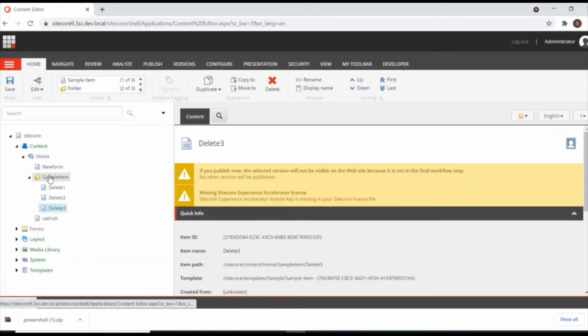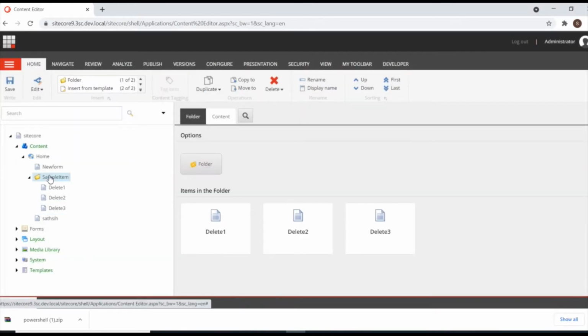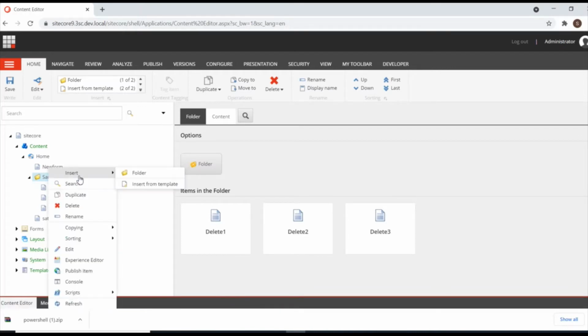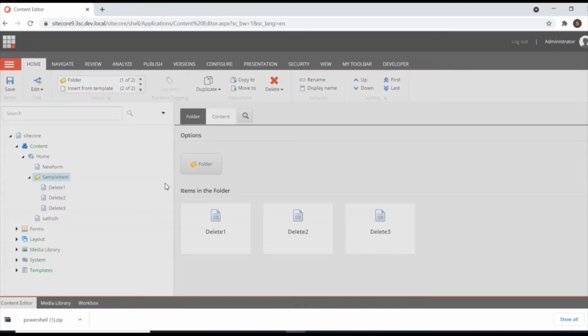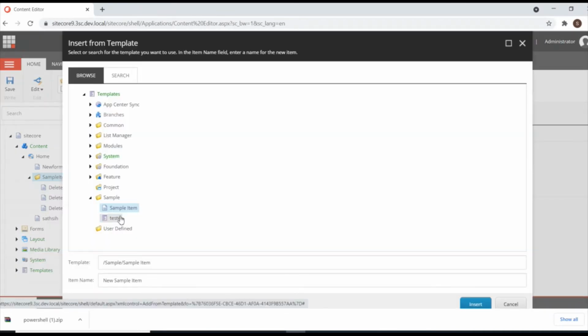Now I am going to include items whose details I will amend. There are two fields, name and age. I will update the name and age using PowerShell script. This is the template. So I'm naming it update one.